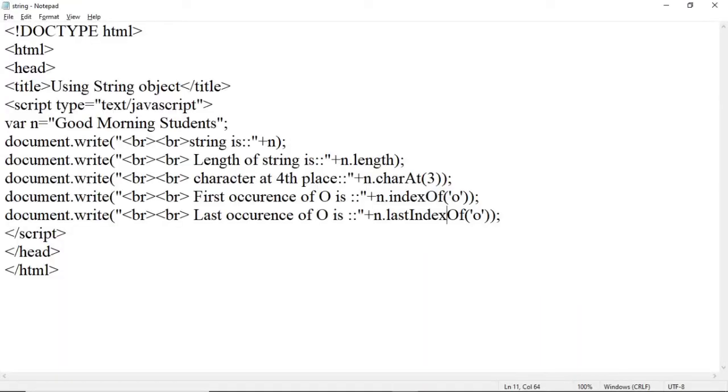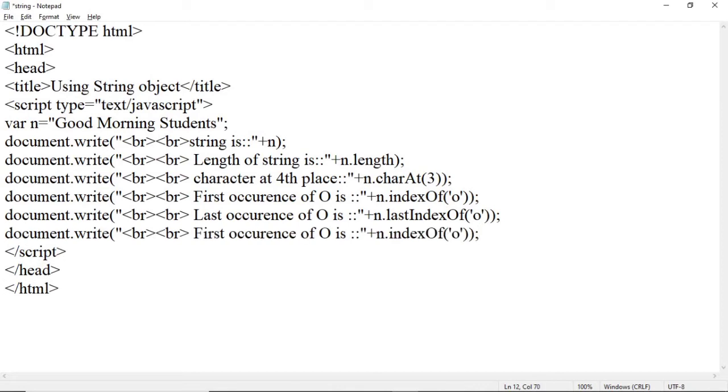Now if we want particular characters to get displayed, then we can use the substr method. Suppose we want characters from the 6th position, and we count how many characters are to be written: 1, 2, 3, 4, 5, 6, 7.